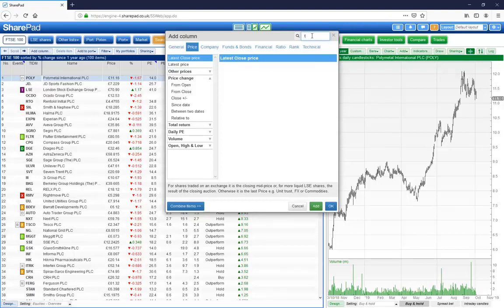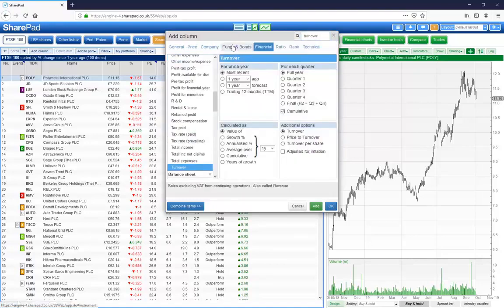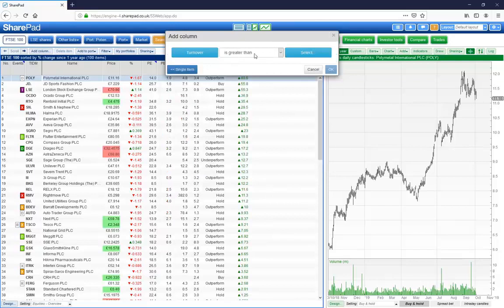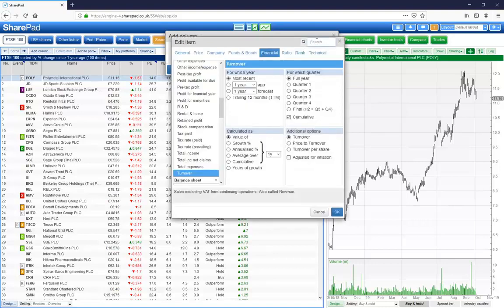Now I'm also showing you how to search. There's a little search box in the top right hand corner. You can just type what you're looking for, and here it is, turnover. And I'm going to use the most recent turnover for the full year. I want the value itself, and I'm going to combine items, and I'm going to divide the turnover by